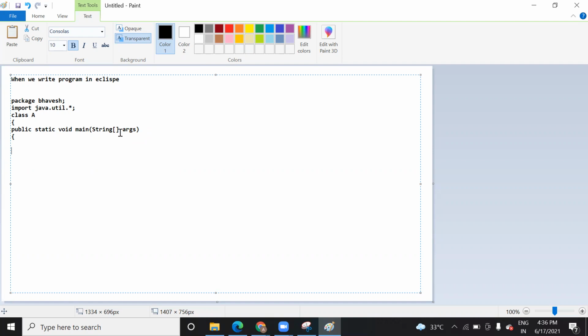So in a normal program, when you write in the editor, you need to add the complete syntax, right? You need to add a main function. You need to add it here. You need to declare a variable like this, a.